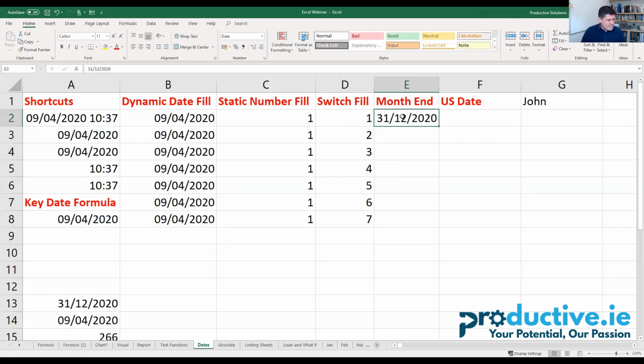Now the problem with that is this year is extremely difficult. Sorry, 31st to the 1st I should really use. This is quite difficult because we have a leap year this year. Now the sort of default difficult way people approach this is they might say, well, we do a VLOOKUP,